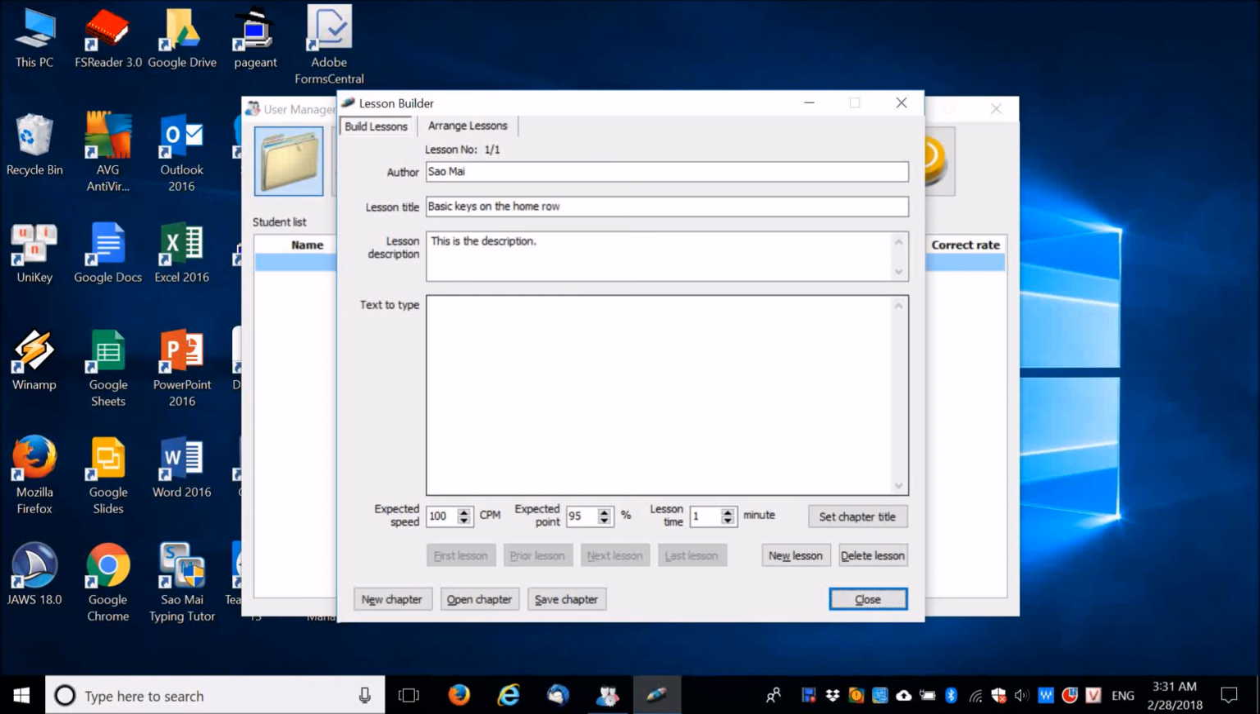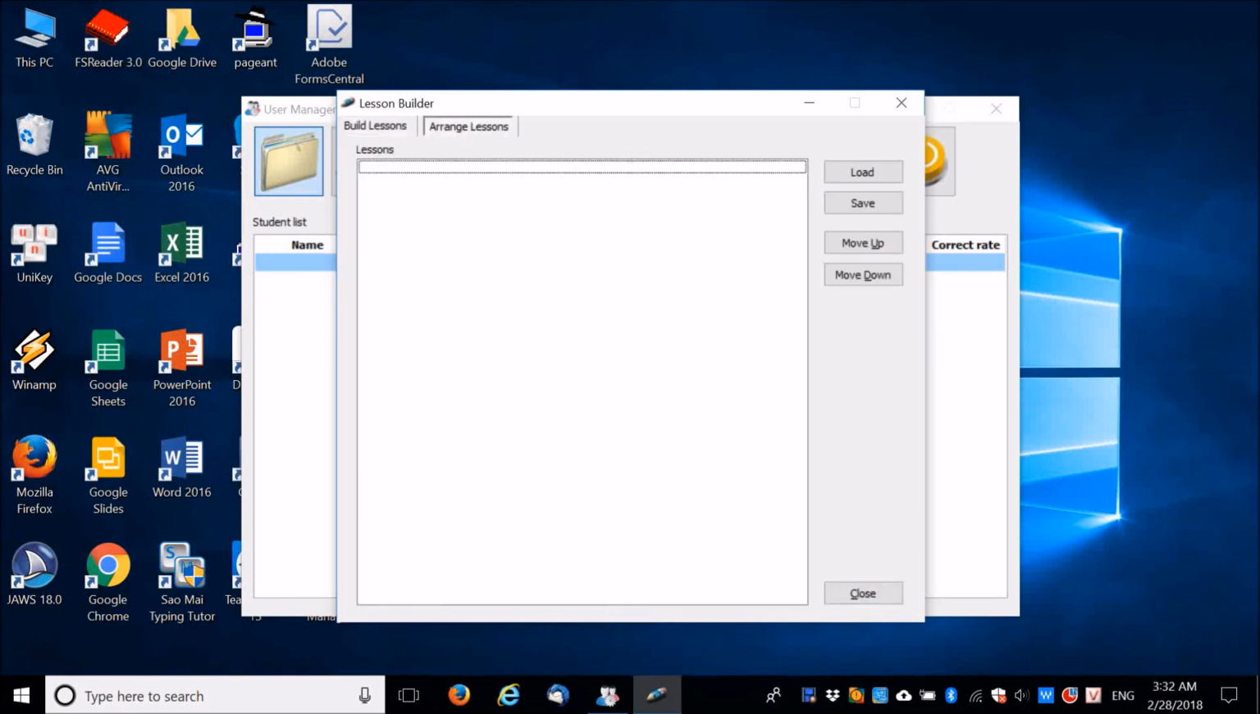Okay, so in this window there's another tab, the arrange lessons tab. You can press Control Tab to move to that tab. Lessons. Load. Save. Move up. Move down. Close. Tab arrange lessons. In case you finish creating one chapter, containing for example 10 lessons inside that package,